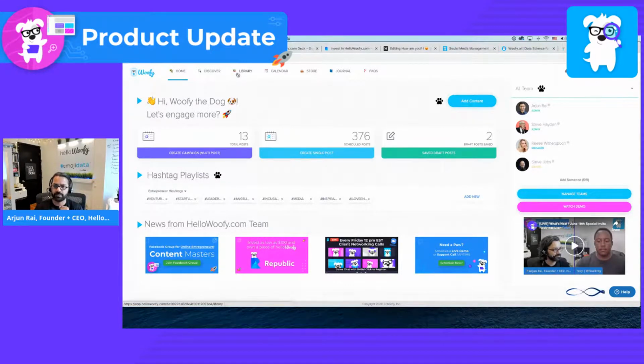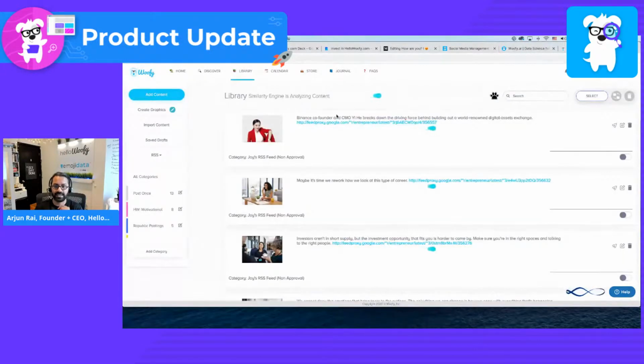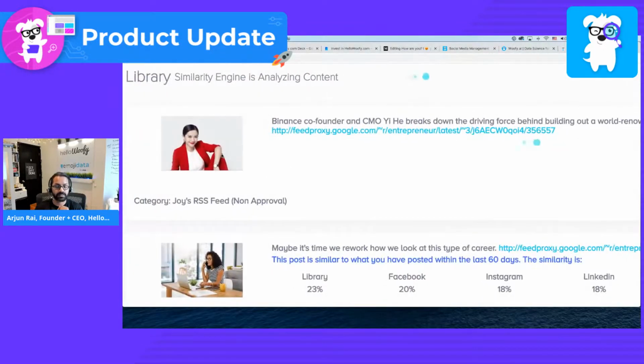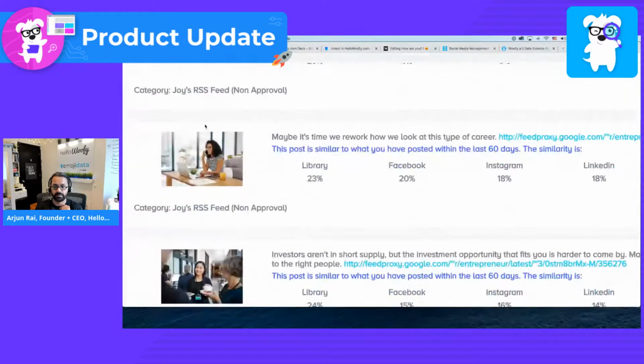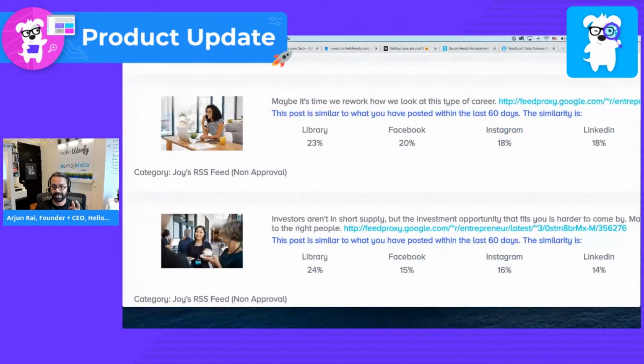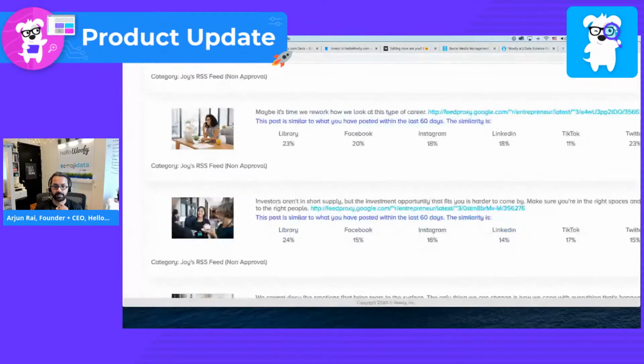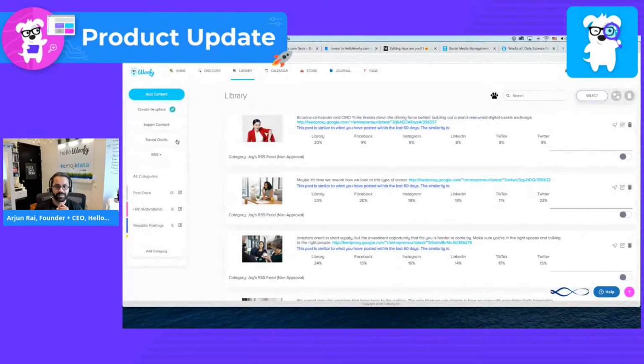One other thing that I will say is we also implemented the exact same capability for RSS feeds. So you can see here, this category, Joy's RSS feed, this was an example I did for a customer. You can see every single post that's coming through the RSS feed has an image, because it's automatically using the same technology I just showed you, and you have the ability to import images automatically, or, as I like to say, automagically.